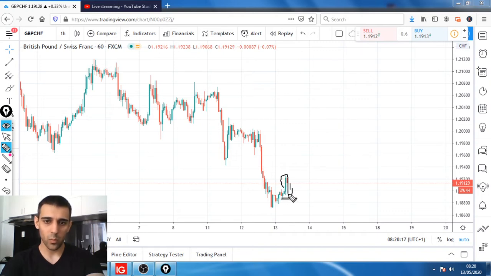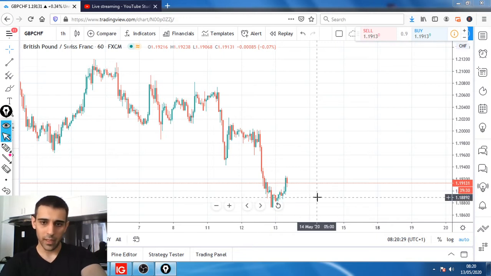Because we have this 1-hourly candle, this strong bullish candle, I do want to see the price coming down and taking out the spike low of this last hour candle. Somewhere down here will be fine, if the price comes down to 118.88 roughly, at that zone, and closes nicely.